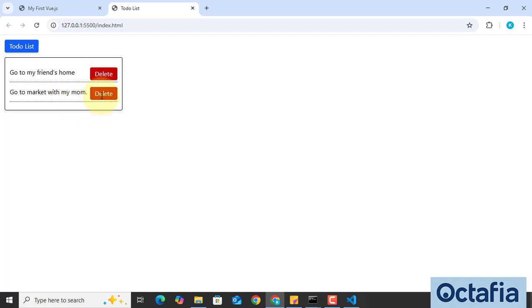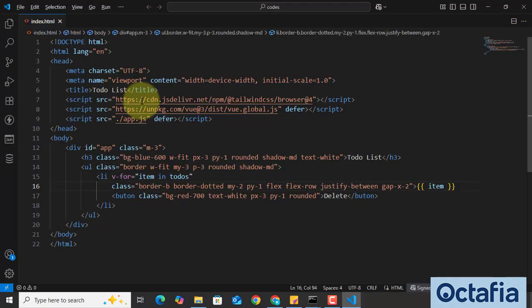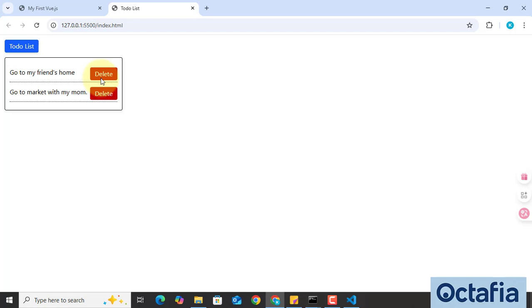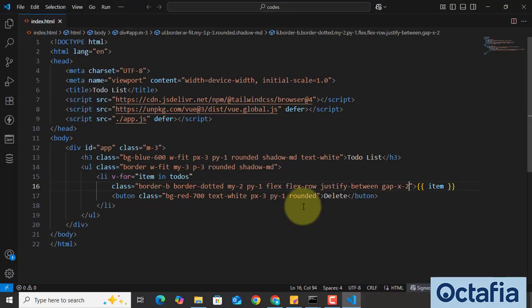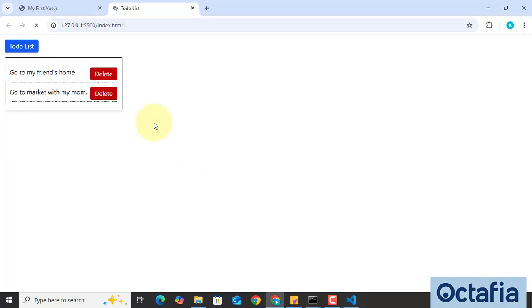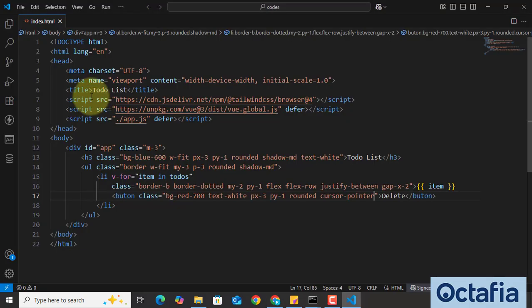Okay, for the button maybe we can change the cursor to a hand cursor. Maybe we can use in our button cursor pointer like this. Yes, is it true? And